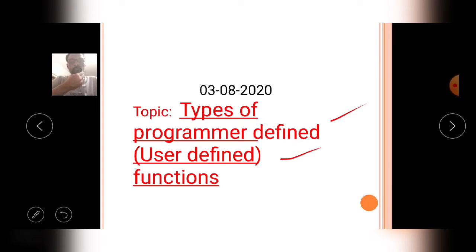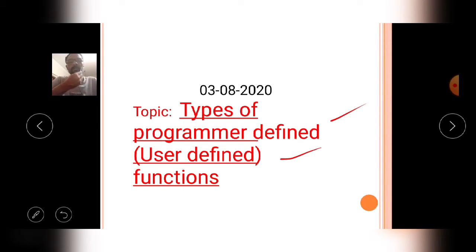The programmer defined functions work successfully in the program only if the prototype declaration, the calling of the function, and the definition of the function are in the proper manner.